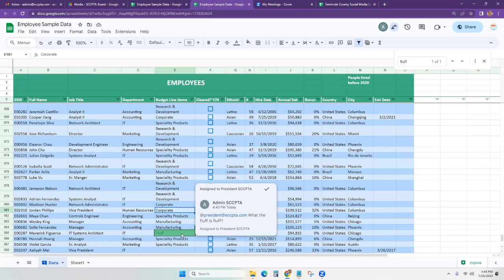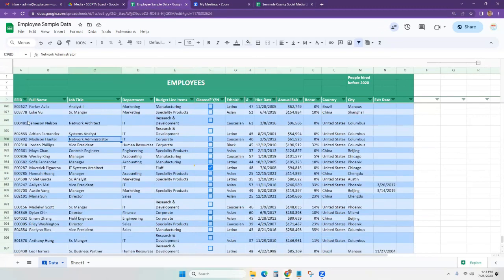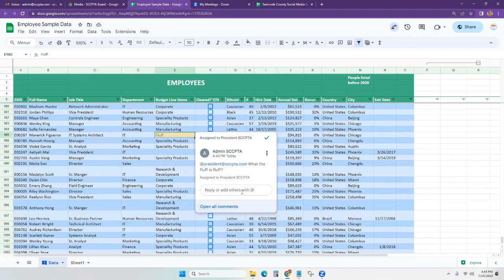But the point is, even if you're not the one who gets notified, if you're in here, you can still see it. So I'm just going around here. And let me close out of that. So if I'm scrolling through this document, you notice this little yellow tag, that's going to let me know that there's something in that cell other than the text. So I'm hovering over it now. And even though I'm on my media account, I can see that the admin account assigned something to the president. So I can come over here and say,